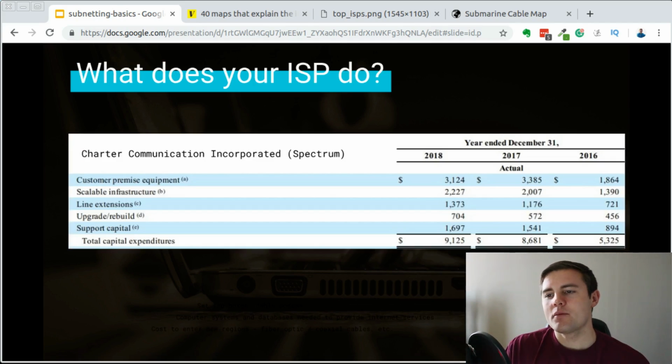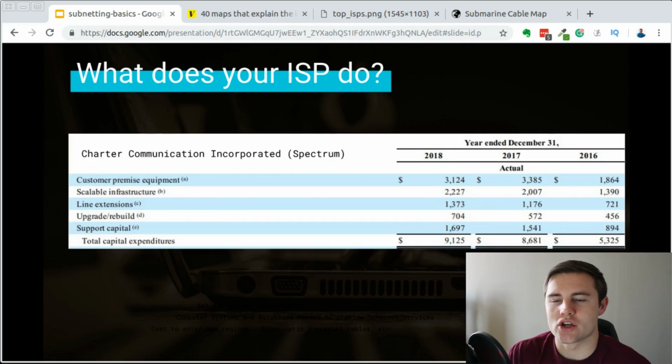So I am going to start off by breaking down what Charter Communications Incorporated does. The reason that I chose this particular company, also known as Spectrum, they just rebranded, is because it is the ISP that I use. Now, I don't use this because they're the best. I use this because they're available to me,